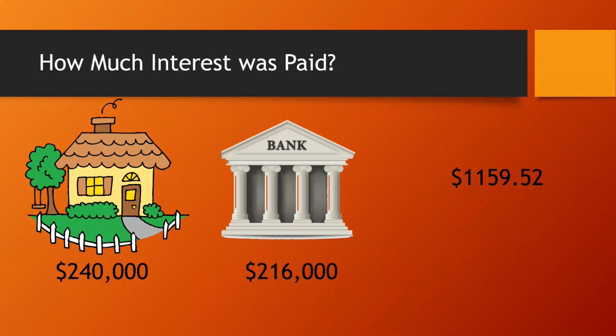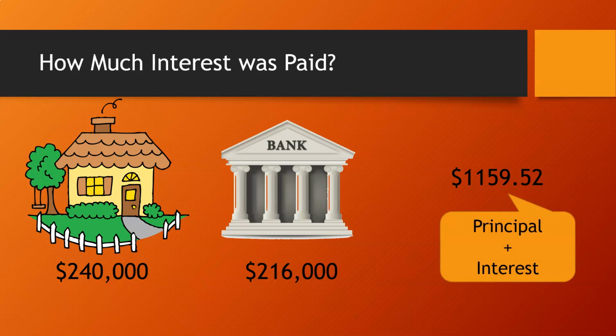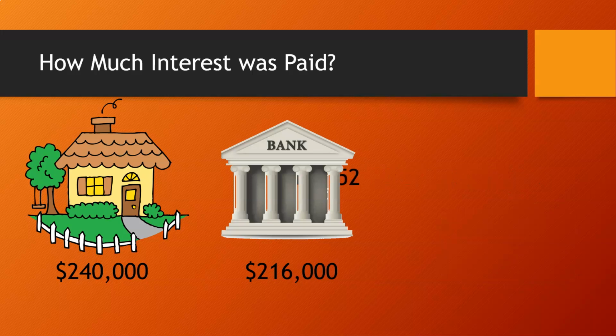So in month 1, she pays that money, which is principal plus interest, back to the bank. In month 2, she pays that same amount of money back to the bank. And she keeps doing that for month 3 and month 4 and month 5. And she does that for 30 years. 12 times a year, that's 360 payments of